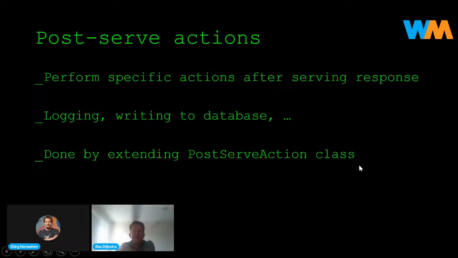I don't think there's a lot of post-serve actions built into WireMock, but say you want to keep track of all the incoming requests that are processed by WireMock, which ones are matched, which ones are not matched, how long it took WireMock, what the matching result was, properties of the incoming requests, all those kinds of things. You can do that using post-serve actions.